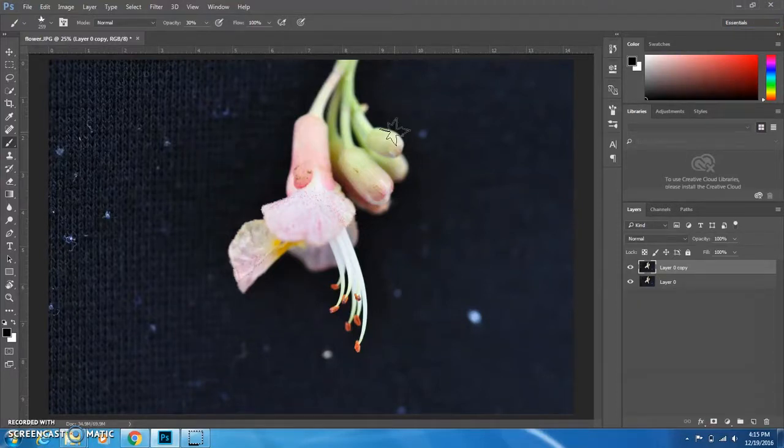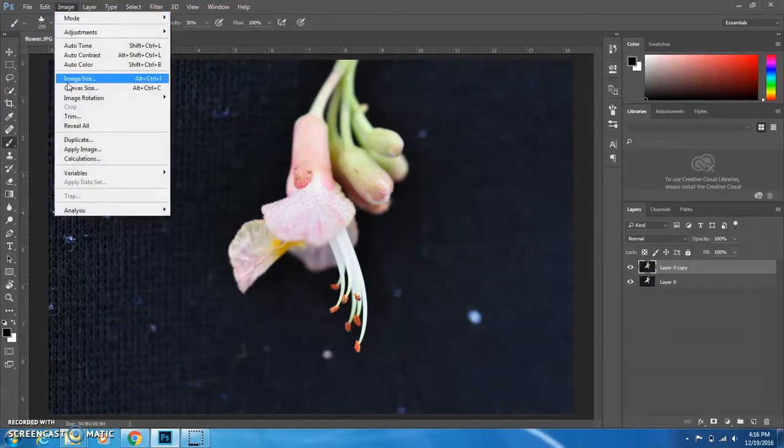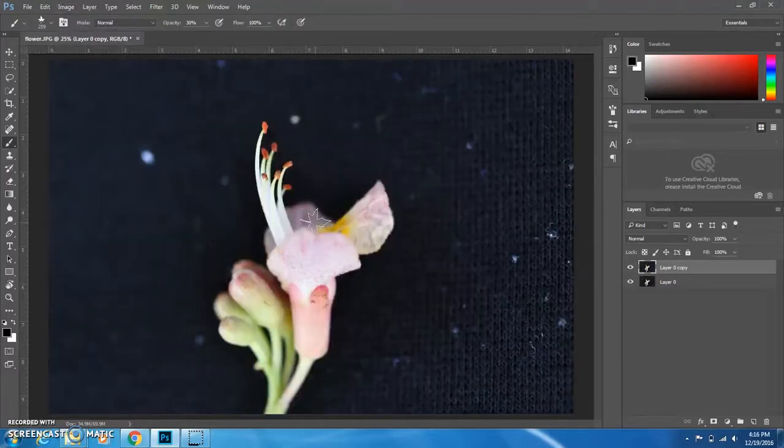Okay, let's edit this photo. The first thing I'm going to do is make sure that the top layer is selected. That's the layer that I want to work with, so I have to make sure it's highlighted that light gray so I know it's selected. And I'm going to flip it upside down. I'm going to make it rotate 180 degrees by going to Image, Image Rotation 180. There we go. That looks better. And now,